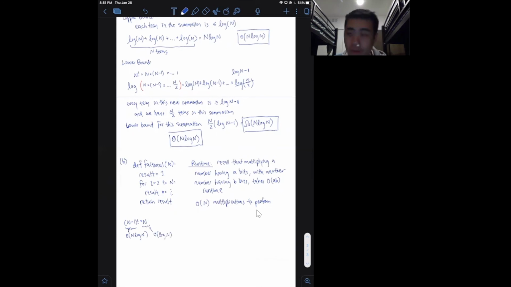So this very final multiplication therefore takes O of n log squared n runtime, okay? So what I'm going to say here is that O of n log squared n time is required to perform each multiplication